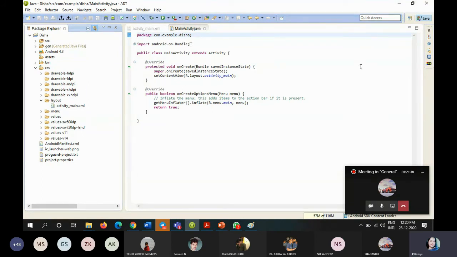If you want to set any image as a background, that facility is also provided by RES. You can set a background image for your application.